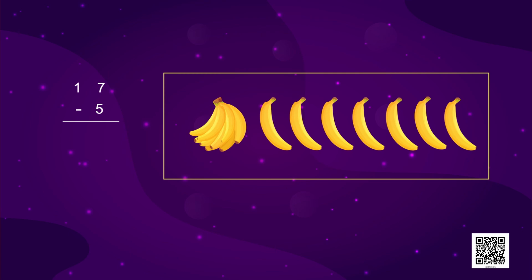Here in this box, we have a bundle of bananas. How many bananas will be there? You got it. They are 10. That's a ten. And with this, there are 7 more bananas. That is 7 ones. 17 bananas. Below this, minus 5 is written. So let us subtract 5 ones. So there remain 2 ones and 1 ten. So 1, 2, and the number will be 12.